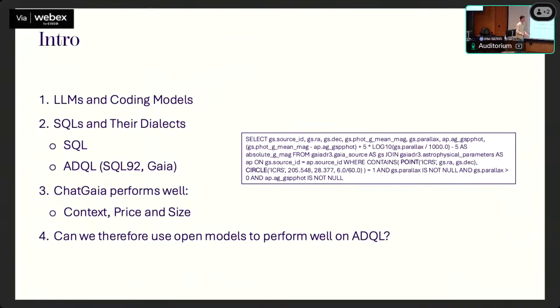So ChatGPT has seen data that includes ADQL, but you're not sure which models have seen it because these models are closed ones, right? They don't show you what data they use, they don't show you what weights they use. So that's one of the reasons why I decided to use the open source models, or open models at least in terms of weights, which you can find on Hugging Face.